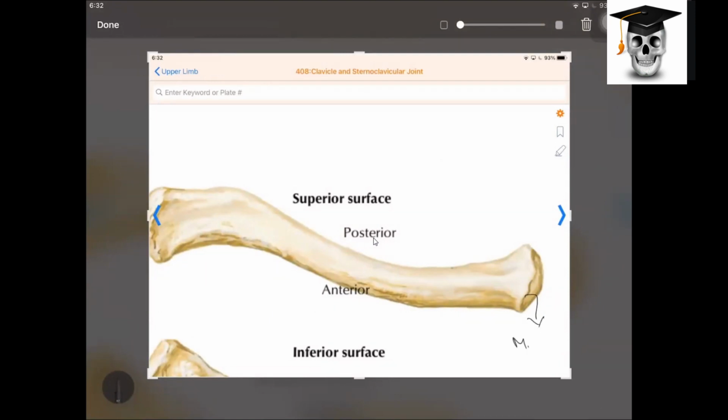So this is your medial end of the clavicle. Same way, this is your lateral end of the clavicle, and in between, whatever you are seeing, that is the shaft of the clavicle. All fine? Okay. Now with this picture, I would like to go to the actual bone. I have a camera, which I call a bone camera. There is a unique bone camera I use. Now I'm changing my screen.